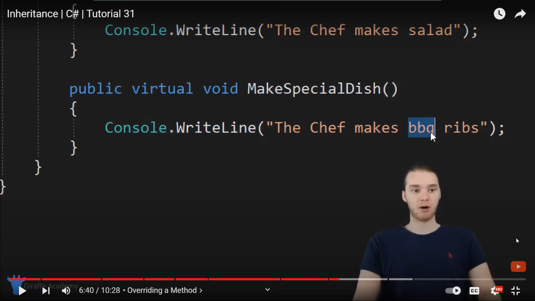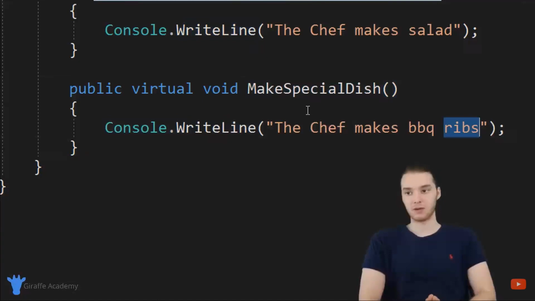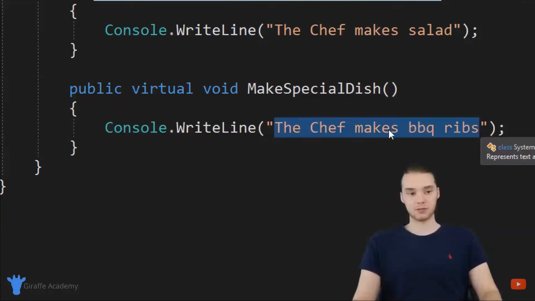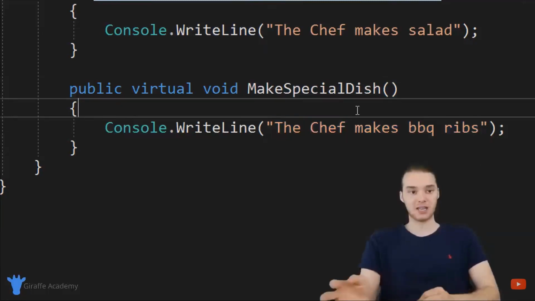Where is it? It's inside the parent class, right? In the parent class, whenever you say virtual, it means that it is possible to override it later. So this chef's special dish is going to be barbecue ribs. But let's say that the Italian chef doesn't want to make barbecue ribs as a special dish. Let's say the Italian chef's special dish is actually some other type of dish,